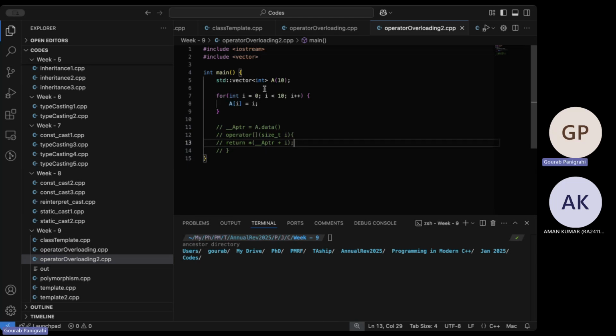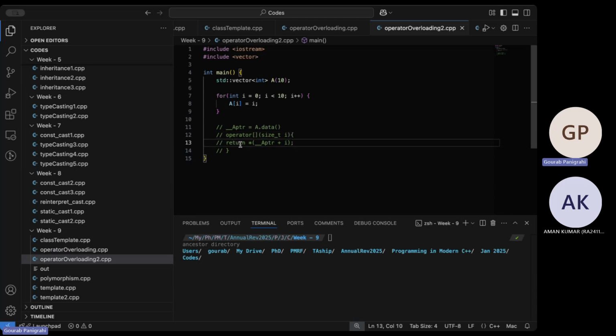So essentially, when you call A with brackets I, this is what the code looks like inside the class standard vector integer. There is a function operator with brackets that takes size_t I. What is the body?